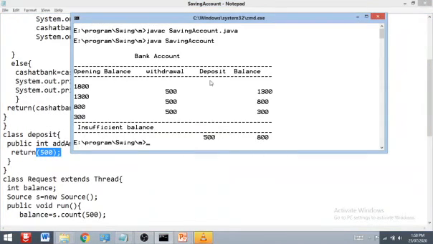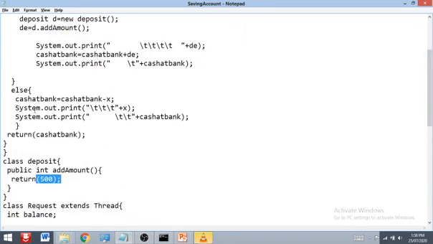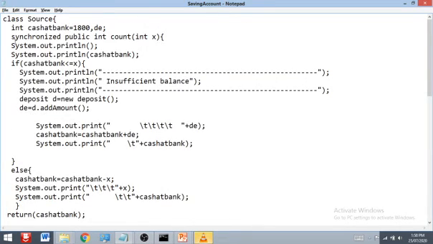Now you can see in the deposit column, here you can see the 500 rupees. Now our balance is 800. Now the fourth one can access or withdraw the money, and that should be less than the cash at bank. All these things we are able to handle because of using the synchronized keyword.